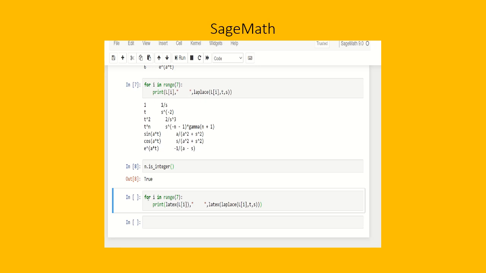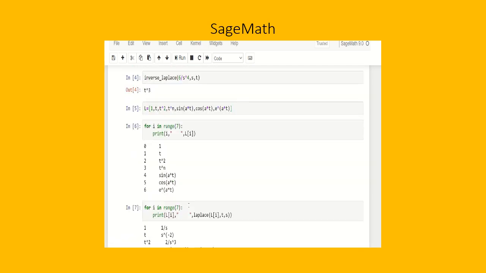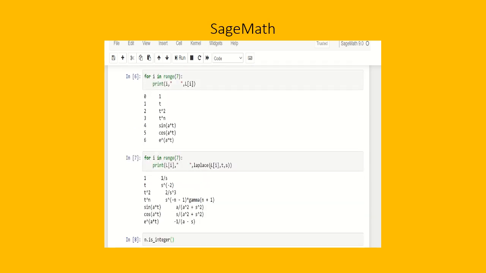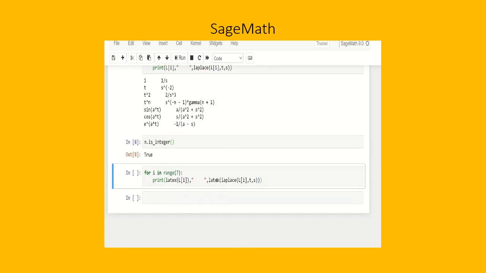So I'm going to, once again, for i in range 7, print LaTeX of L of i, the ith function that we had up here in the list L, and also the LaTeX version of the Laplace transform of L of i down here, changing from a function of t to a function of s. So we'll execute this one, run it,